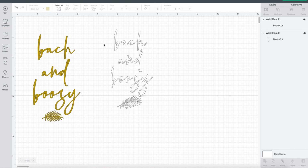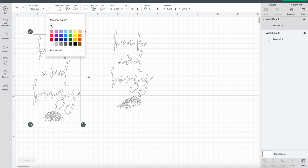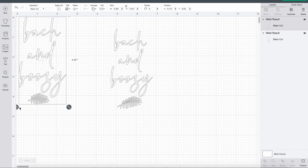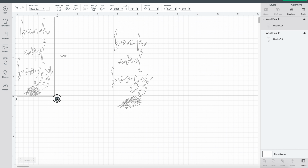All right, and I want this all to be white, so I'm going to change it to white just by coming up to the color palette and clicking white. And now for the size, so the Koozies that I got are like a seltzer can smoothie koozie, so they're a little bit taller and skinnier than a normal beer or soda koozie. So I'm going to use this as my ruler, unlock this so I can manipulate it, and I'm going to make it about 4 by 2